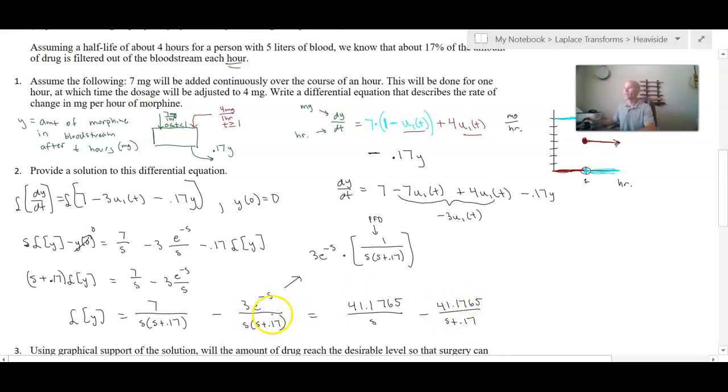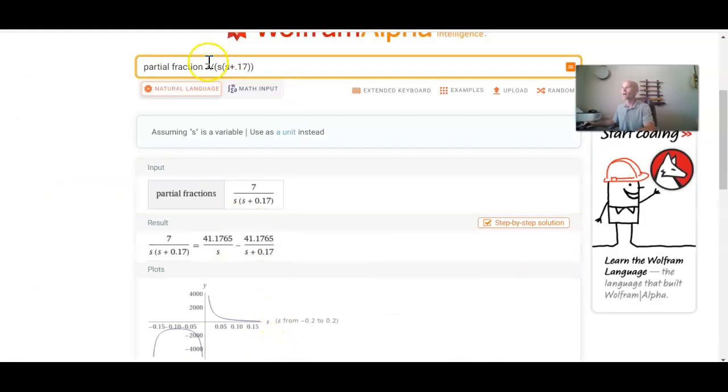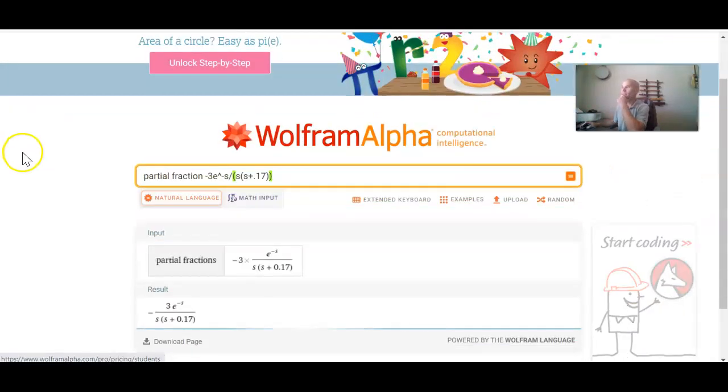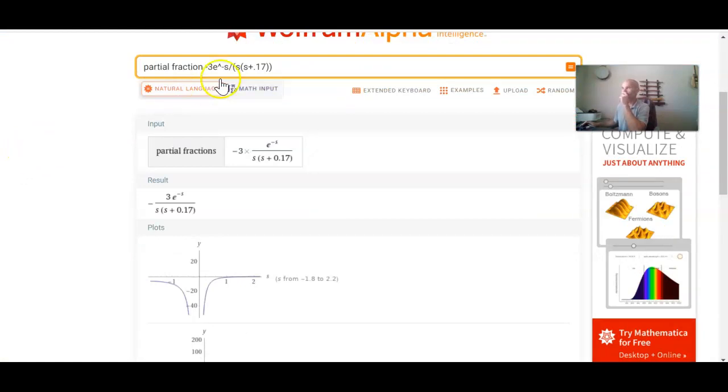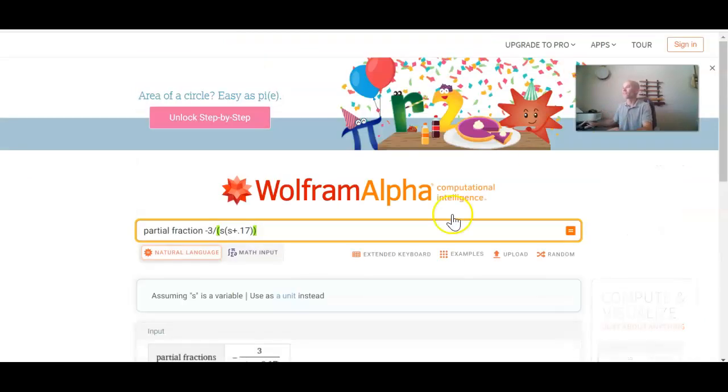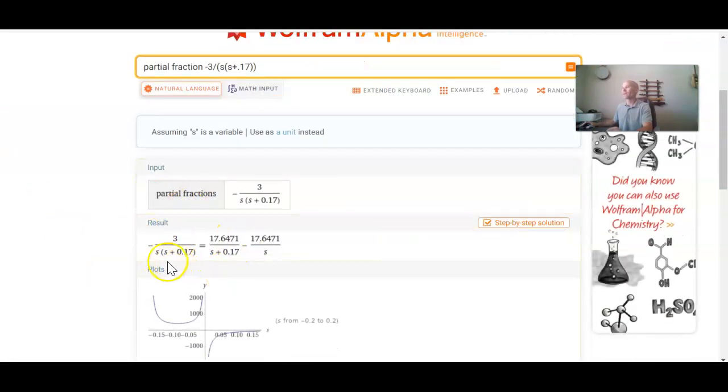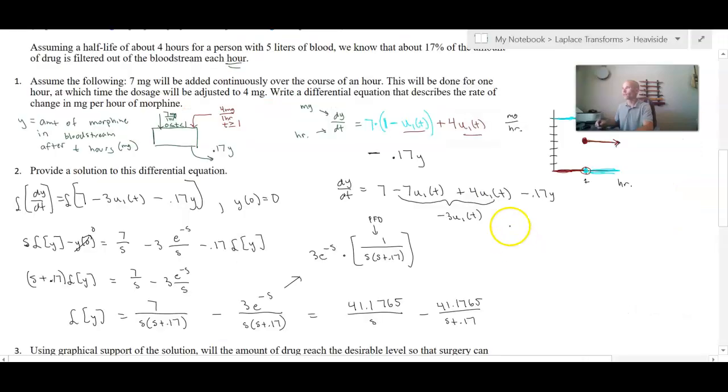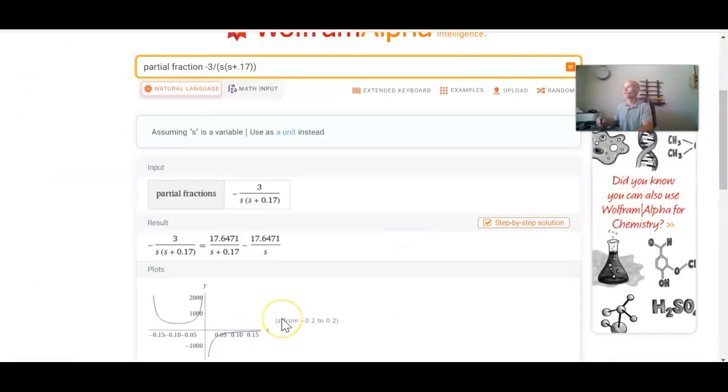Okay, now we want to do this term, and I think that's where we're going to bump into a little bit of a challenge. I'm going to do minus 3, because I know I'm going to forget my sign if I don't do it. E to the negative s. Let's see what it does there. It's not going to like that, unfortunately. So leave the negative 3 there, and remember that we're going to need that e to the negative s. The reason I'm putting that negative 3 in there is I won't have to worry about multiplying in 3 later on. So what I'm going to do is write plus e to the negative s times, and remember I just did negative 3 over that, which comes out to